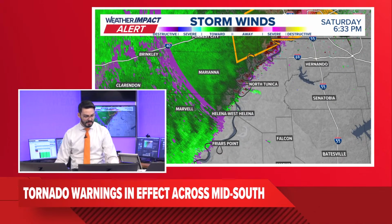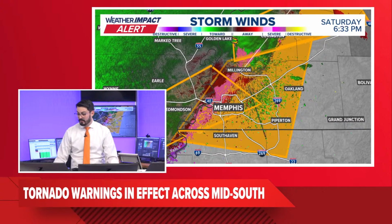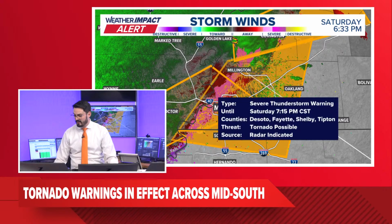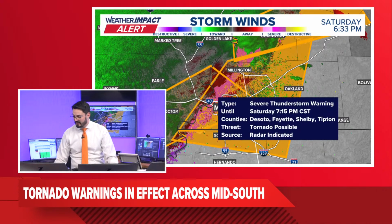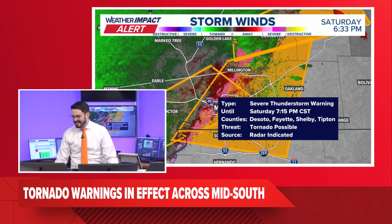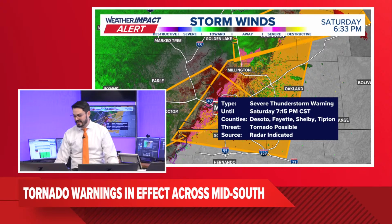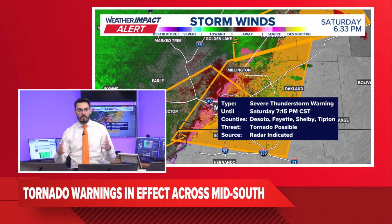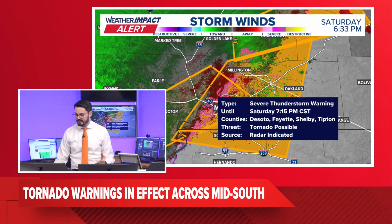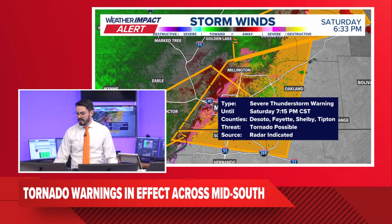So that's some good news for us. Not getting any indication from the National Weather Service that they were going to initiate that severe thunderstorm or a tornado threat there, but they have extended a severe thunderstorm warning here through parts of northern Desoto County into Fayette County. Shelby County is now entirely under that severe thunderstorm warning, including parts of Tipton and Haywood County as well this evening. So that's a new severe thunderstorm warning for 1-inch hail and 60-mile-per-hour winds. That's very baseline. Widespread threats are not going to be